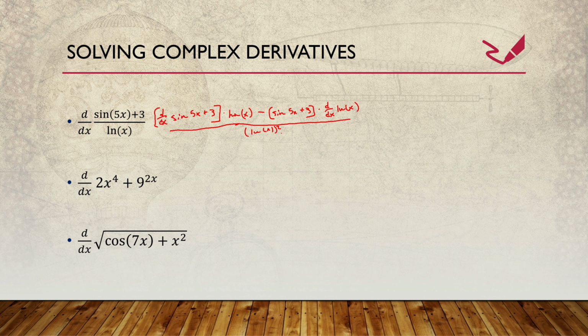So the good thing about this problem is that it's almost done. Simplifying it would take forever, but we could just leave it the way it will turn out. What I mean by that is once we simplify the derivatives and plug everything into each other, it should be complete. So if we do the derivative of sine of 5x, we will then have to use